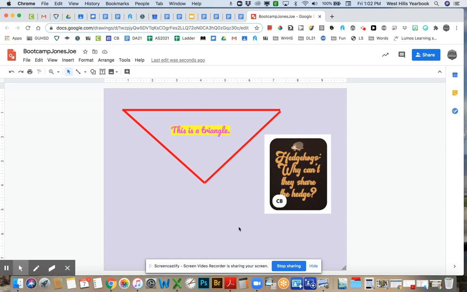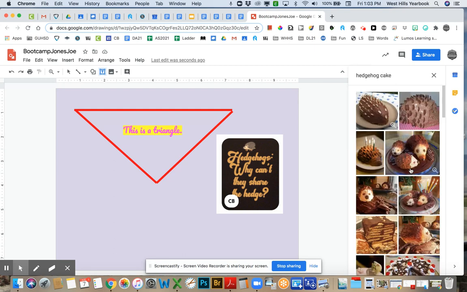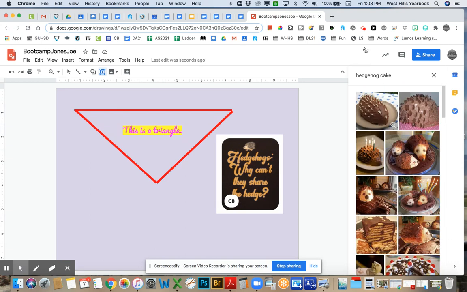There's my initials right there. I could also, of course, bring in something that I could search for on the web. I want to find a hedgehog cake. Sure, that sounds good. Oh, that's cute. That's a whole family. I don't feel really good, though, about slicing through a cake shaped like an animal, so